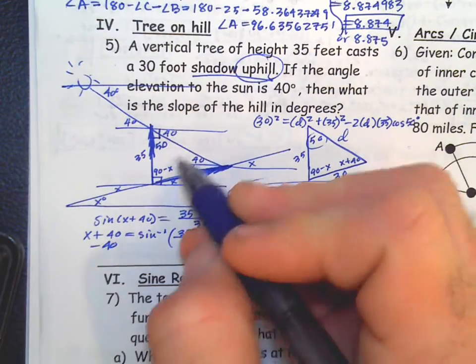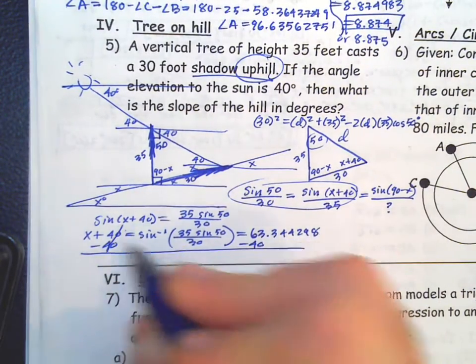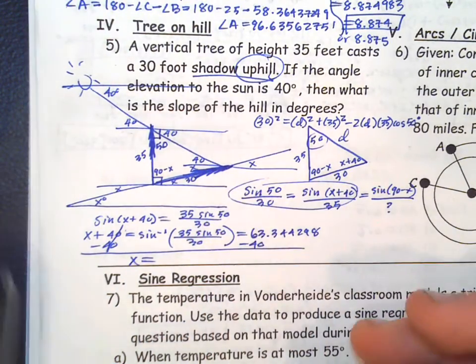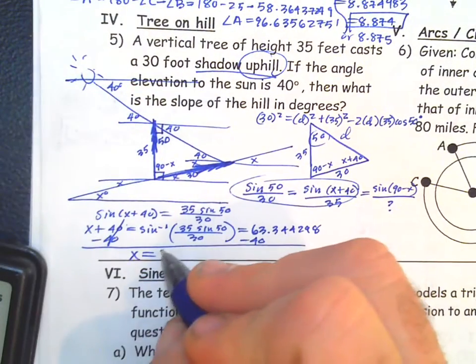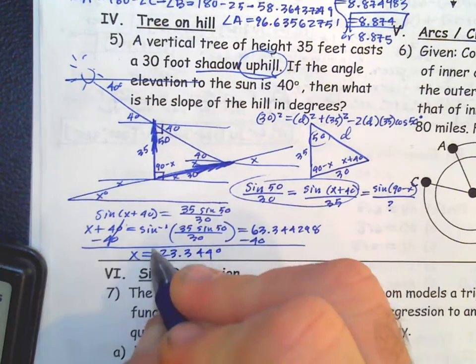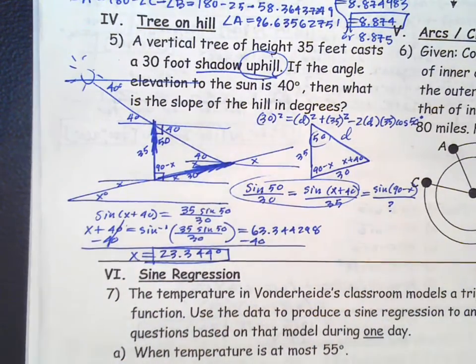Because what we just found was the whole angle right there, which was 63, and a lot of you guys just left that as your answer. But what we're looking for is only part of it. So we're going to subtract 40, which gives 23.344 degrees. Was that rounded or truncated to 3 decimals? Okay,